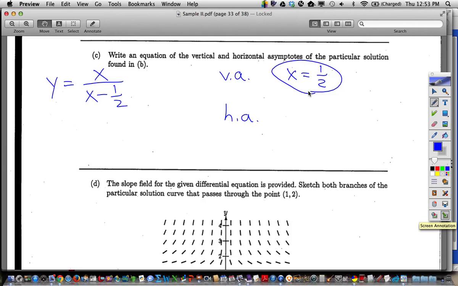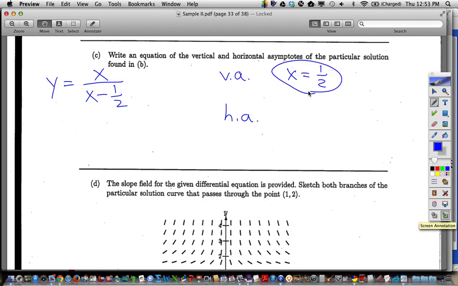If we're going to graph this particular thing, which I can see we're going to do down in part D with that big slope field they have for us, that's going to be an important piece of information. Vertical asymptote at x equals 1/2. Okay, horizontal asymptote. Where do we look for those? The y value is